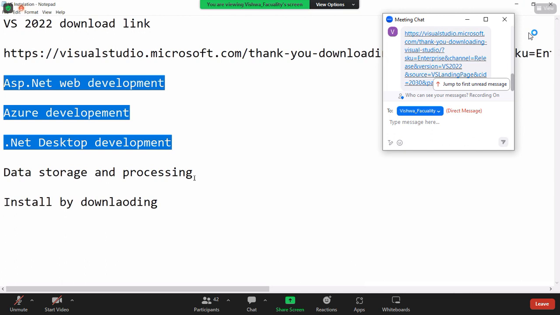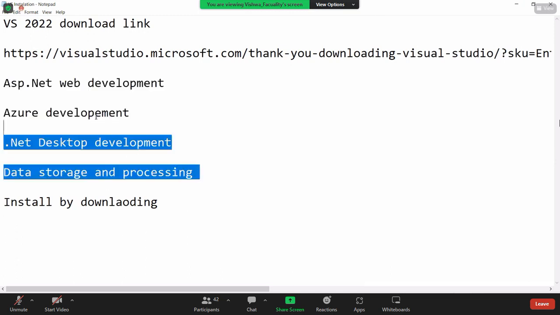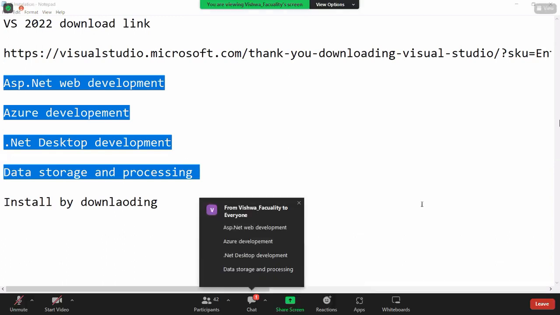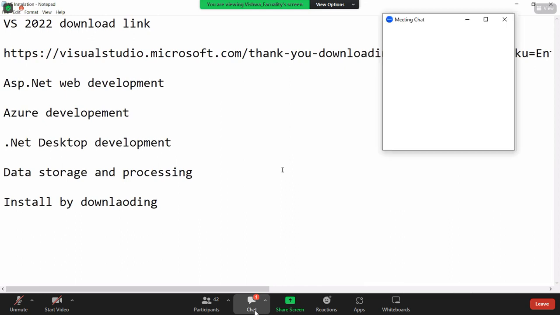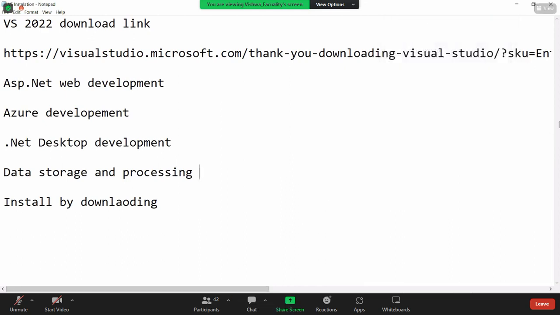Then after that you can select these four options. No need for the rest for now, this is fine. Also in tomorrow's session I will try to help you guys.